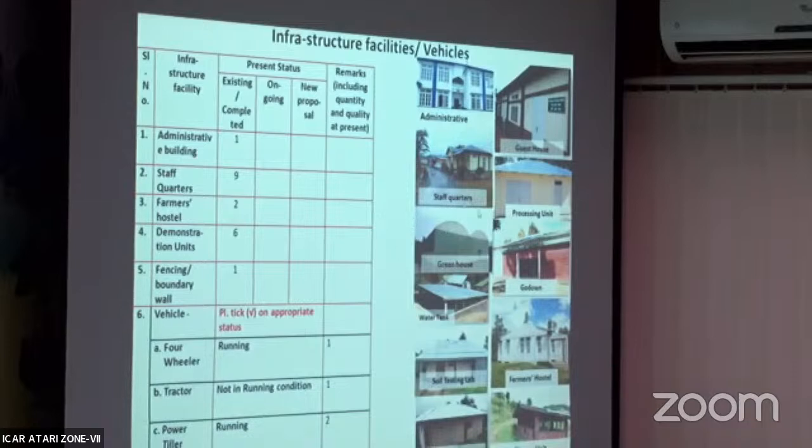And among the staff quarters, especially my quarters, it needs urgent repair. It was constructed during 2007. If it is not replaced, the roof and the ceiling, I'm afraid it will collapse because it has been attacked by termites. I have asked the local masons, and they said if any big cyclone comes, it is in danger. So I've already stated this to the authority, the director, and the accounts section also.